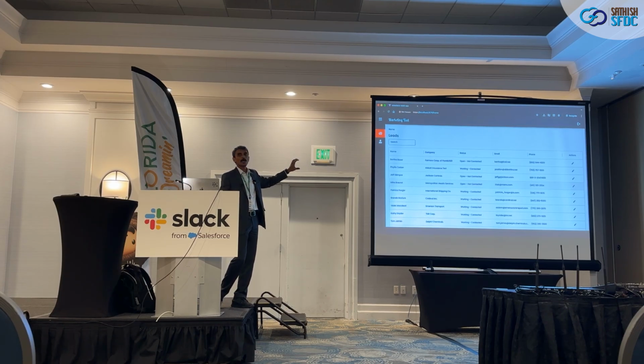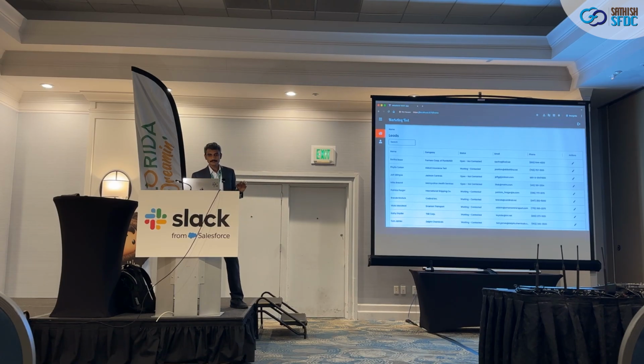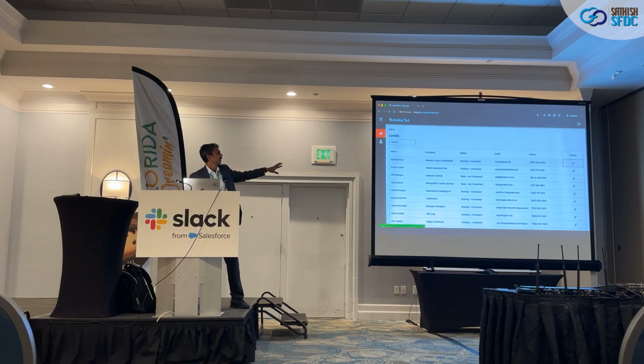So it's more controlled on the Salesforce side. If you build your middleware API in a proper manner on the external system, then you can control all the access from Salesforce itself. If you add and remove the custom scope, that's the way to control what operations they can perform. So you have the option to change the status of the lead and then